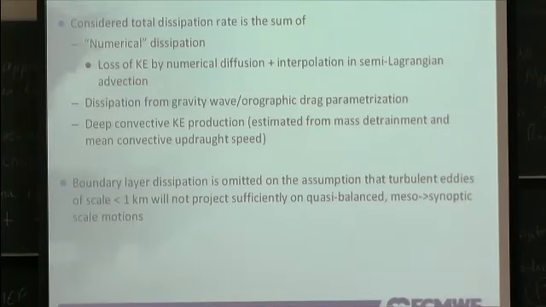Then we use the dissipation from the gravity wave parametrization. Then, as I said, we have this deep convective kinetic energy production, which is estimated from the mass detrainment rate and the mean vertical velocity, which we get from the convective parametrization scheme. What we don't have in our total dissipation rate is the boundary layer dissipation, simply because we assume that this boundary layer eddies are so small that they don't project on the quasi-balanced